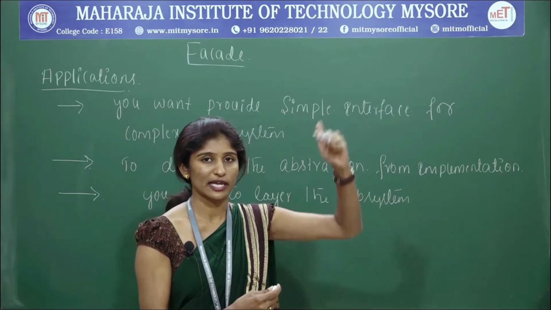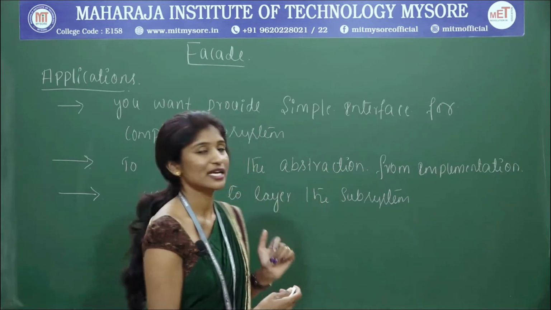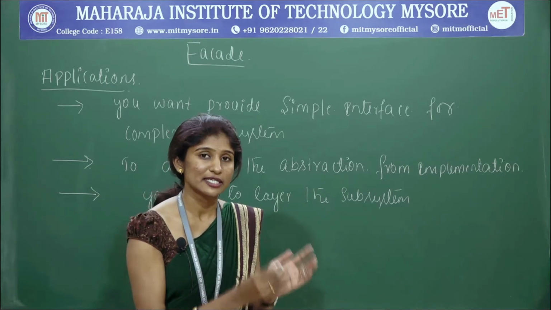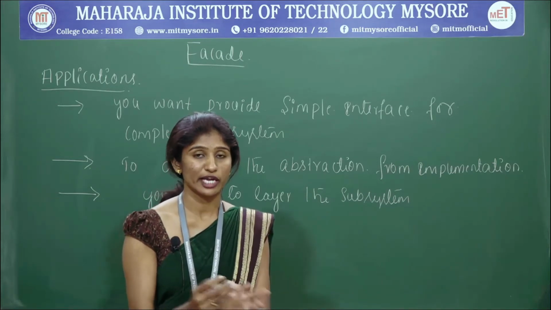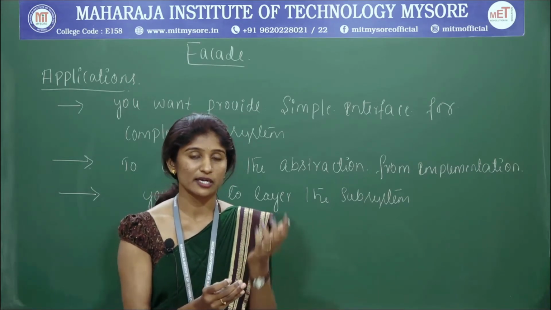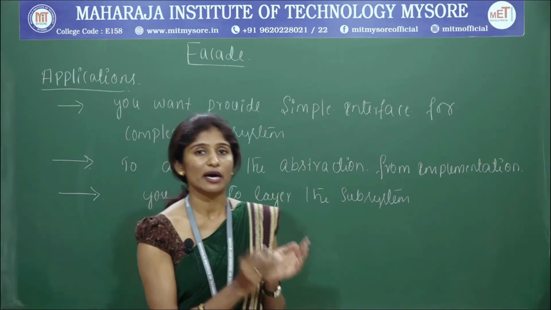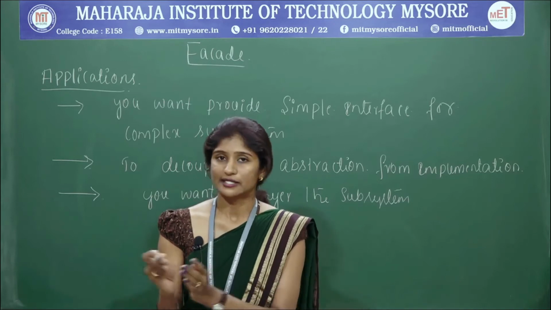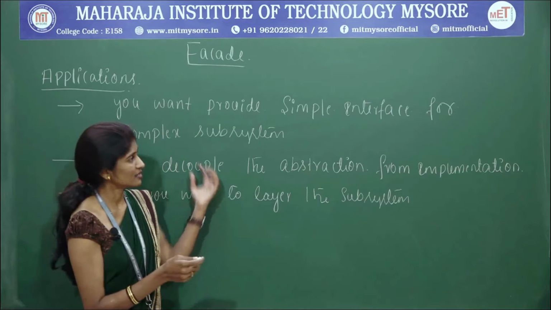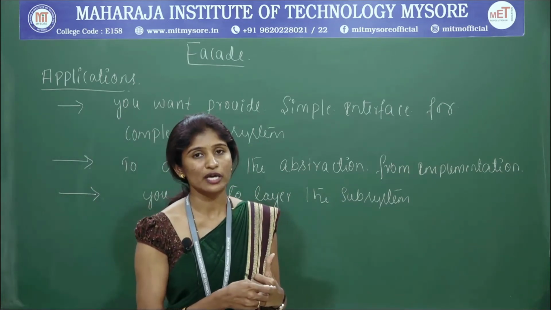So for n layers, right? If you want to provide the layer like that, then you can use this facade design pattern, where it is going to mark the exit point and the entry point where you can enter the subsystem. You will have plenty of subsystems under the main system, right? So actually this facade is going to mark the entry point as well as the exit point. So that will help you like that. So that was our third application, and these are a few of the applications of the facade design pattern we are going to come across.